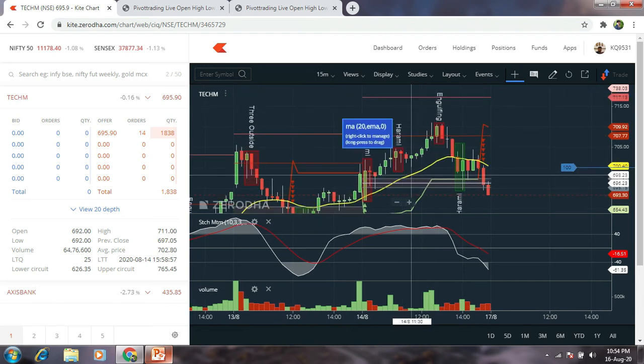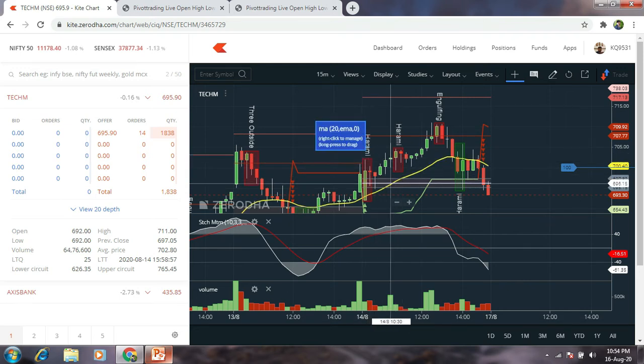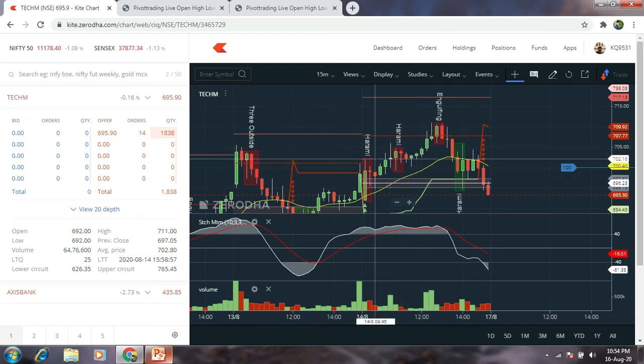Okay, usually whenever in the intraday it is above the 20 moving average line, then it will be considered as an uptrend. So this is one confirmation. You can see here it breakout, it is above the 20 moving average line and it is above the pivot point. So I am not worrying. So three confirmations are there. So I take a trade somewhere here and I am booking here considering the resistance.